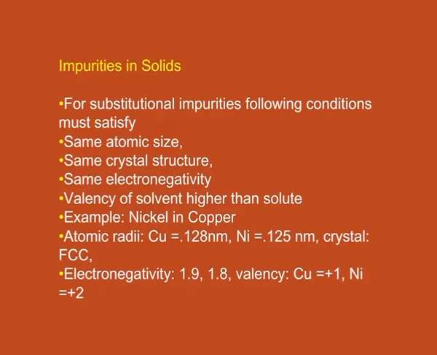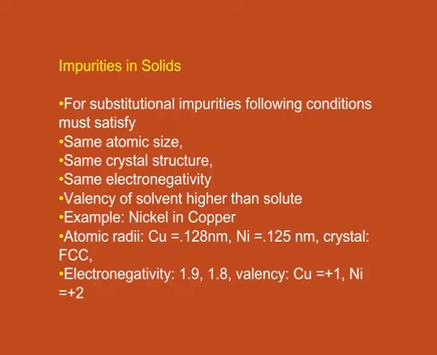Now, to explain this by taking an example, we can understand it in a better way. If we take the example of the alloy nickel, which is having some amount of copper in it, then we can explain properties whether they are maintained in this alloy or not. So, copper is having atomic diameter of 0.128 nanometer, whereas nickel has a diameter of 0.125 nanometer, which is almost same. Now, the crystal structure for both the atoms or the solids made out of this atom is same,